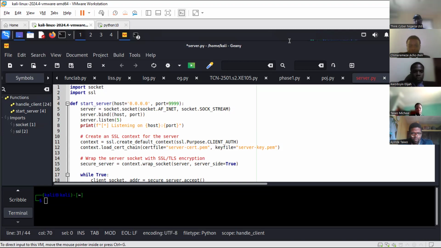So the start_server function, with host equals 0.0.0.0 and port 9999. What that does is it defines a function, start_server, that binds 0.0.0.0 and listens on all available network interfaces, and also listens for incoming connections on port 9999. We start first with creating and binding the server socket with the server equals socket.socket line. That line, socket.socket(socket.AF_INET, socket.SOCK_STREAM), creates a TCP/IP socket. And then server.bind(host, port)